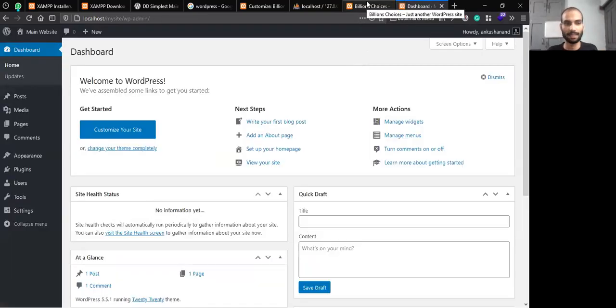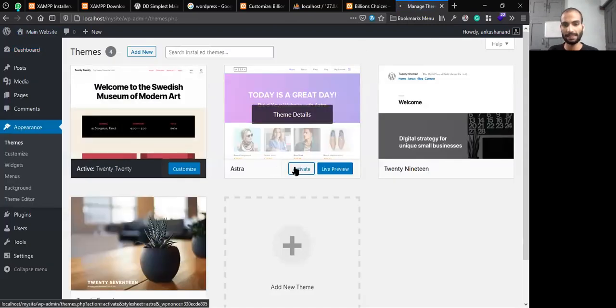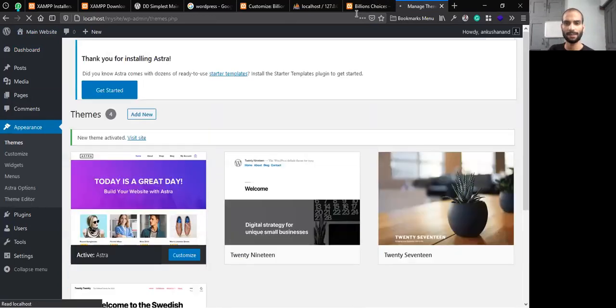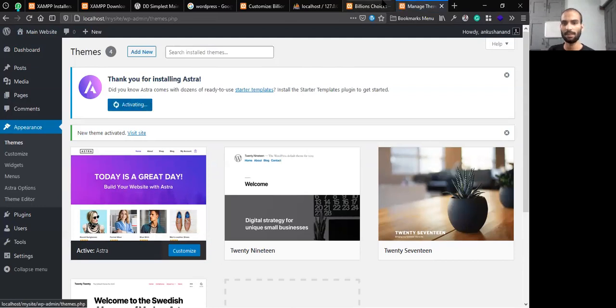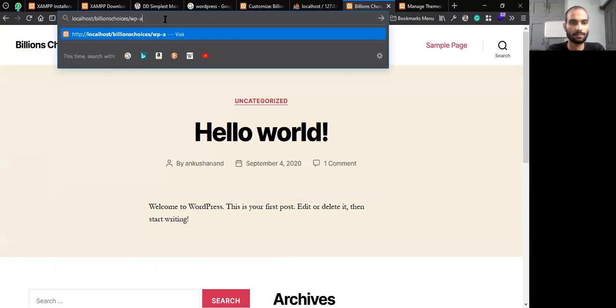See guys, let me just change the theme so that you can know that this is a separate website. I will just import a demo like we do in WordPress on live hosting. It will be the same now. So I will just go to both of the sites and import a template in both of them.